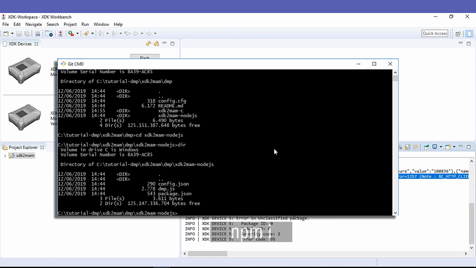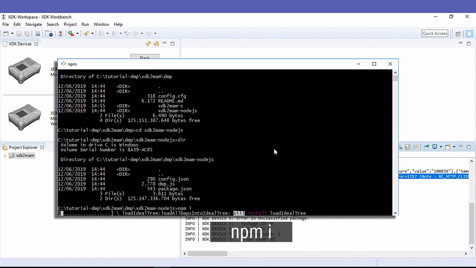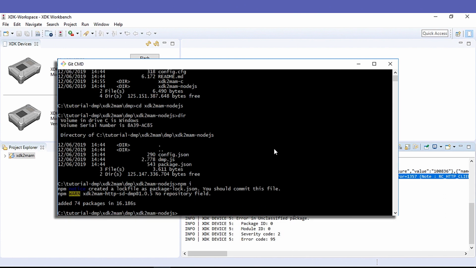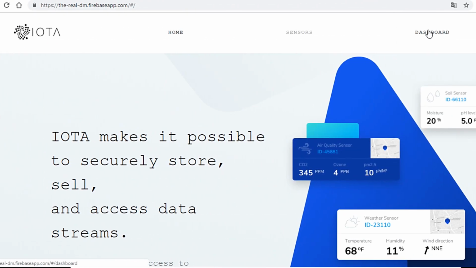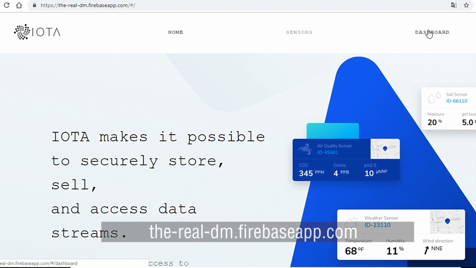So let's run the command npm i to install all the needed modules. Now it's done, we need to head to the Data Marketplace. Keep in mind that the IOTA Foundation has open-sourced the code of the DMP. So for this tutorial, we will be using an implementation by Dave DeFichte, located at